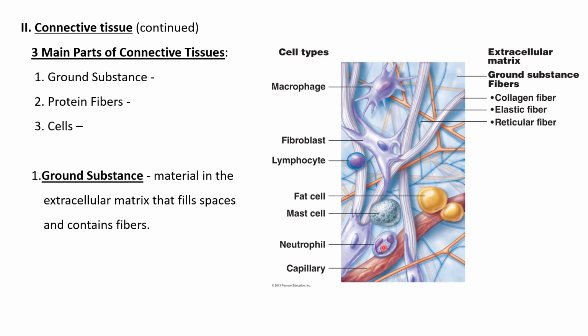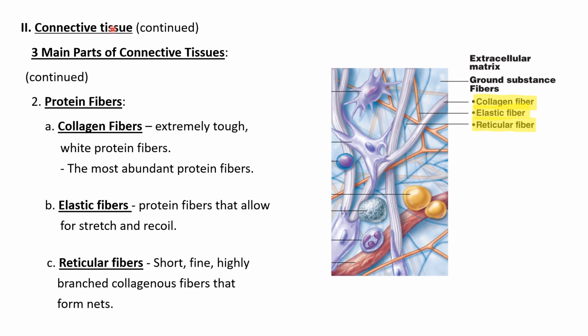So here's cells here. Here's some white blood cells here and here. Here's fibroblasts that are making fibers, fibroblast. Here's some fat cells, adipose cells. And here's a macrophage, a big eater, that's an immune cell. And right here, here's a big, thick fiber, collagen fiber, an elastin fiber, and a reticular fiber here. So the ground substance, everything between the cells, and